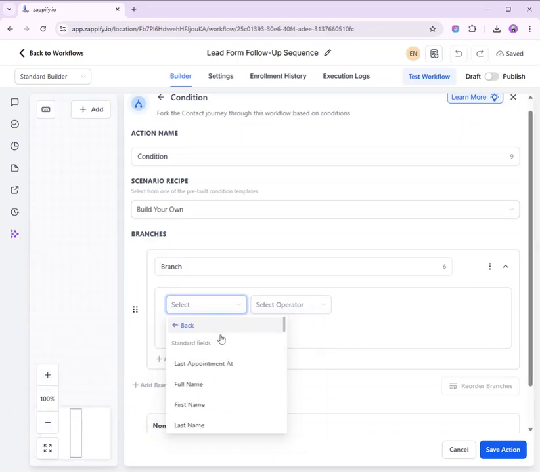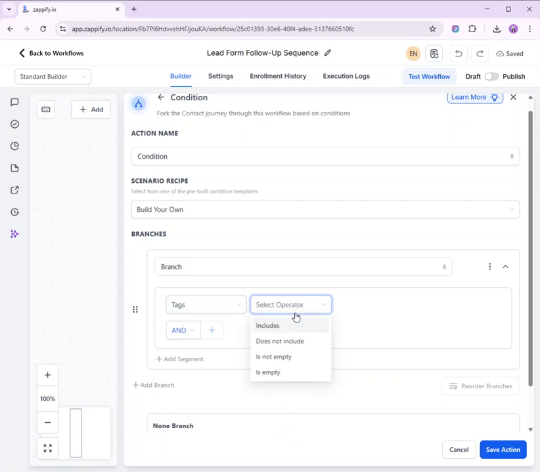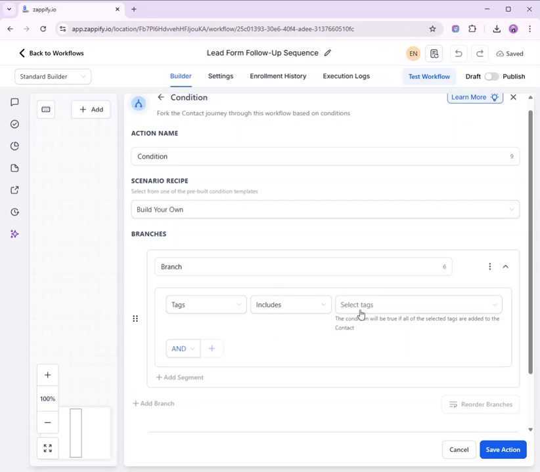This one, contact details. Okay, gonna choose tags. Includes. So you're gonna choose VIP client.